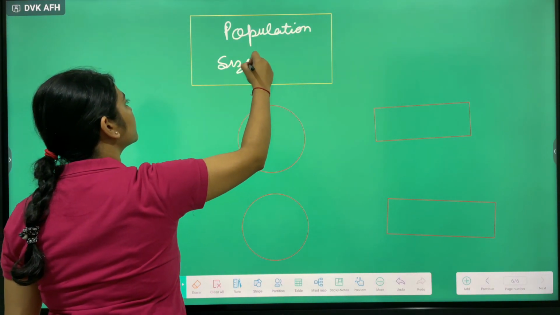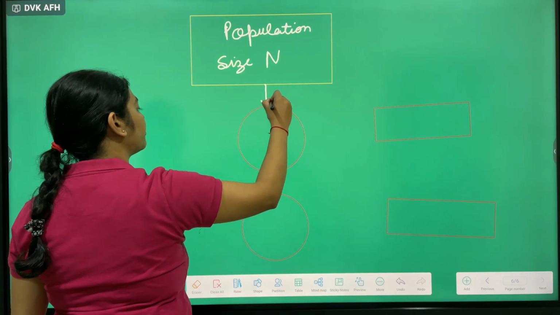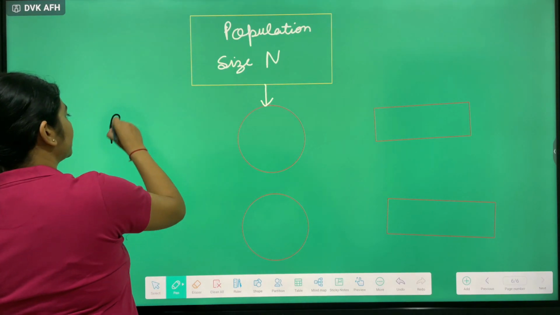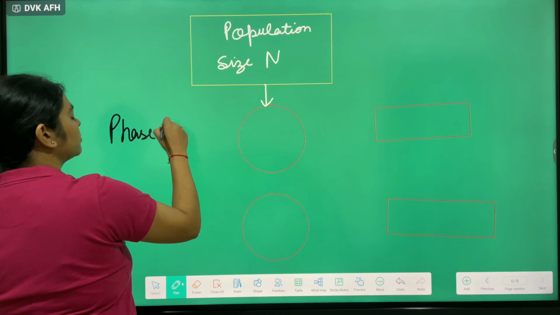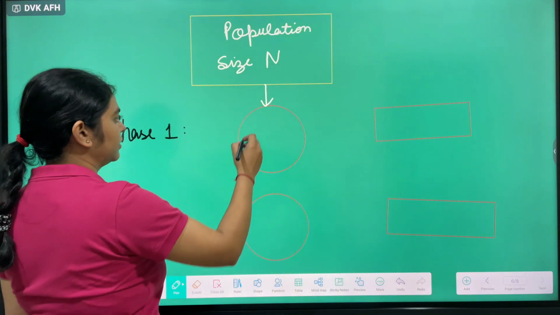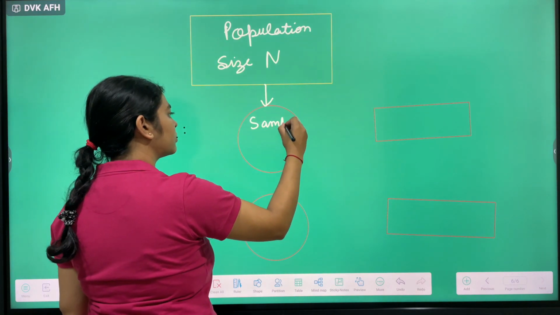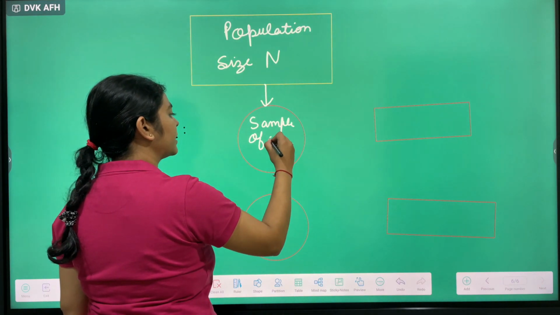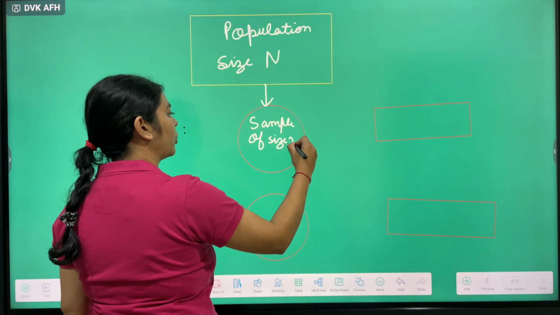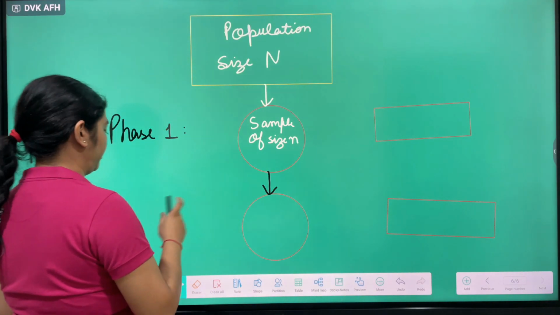Size capital N. Now from this population, we will first move to phase 1. In phase 1, we select a sample of size small n. And from this, we go to phase 2